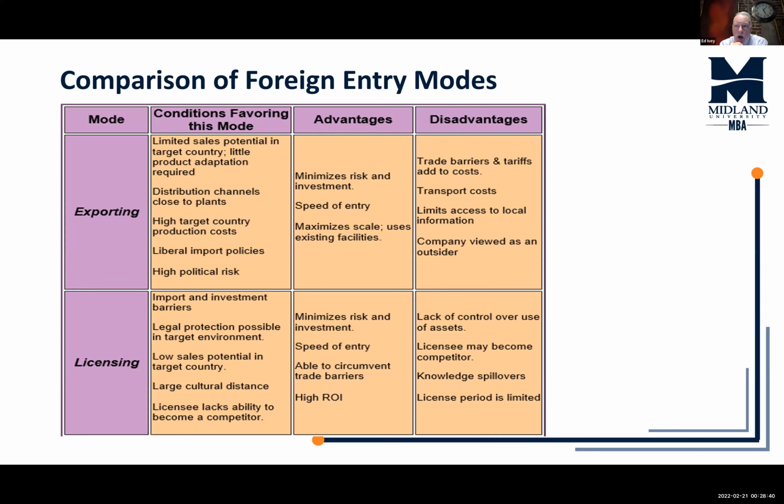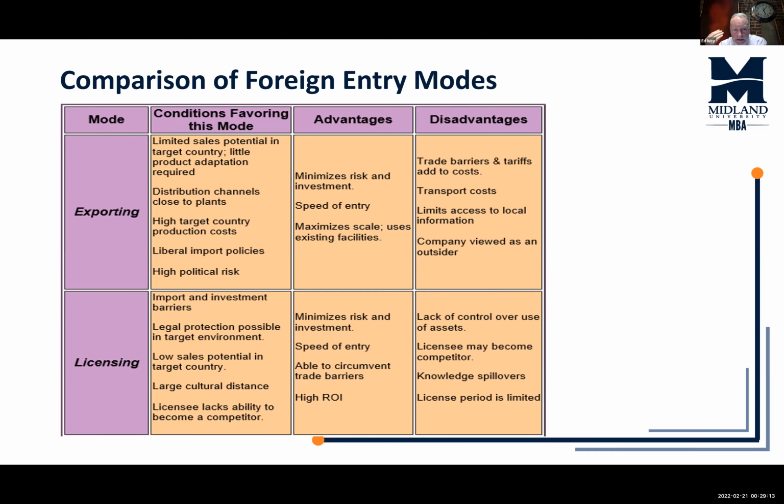If you are producing and probably selling from the United States, how much true local information about your local customer do you actually have? That diminishes the farther away that you are from the customer. As well, there's a potential that your company be viewed as an outsider rather than a home country